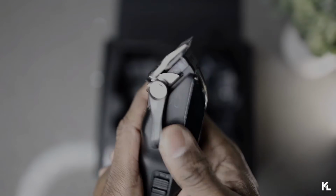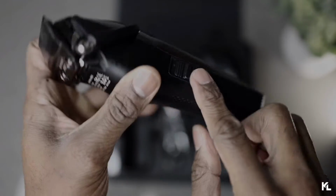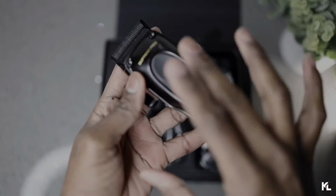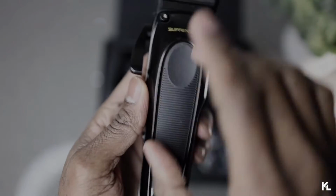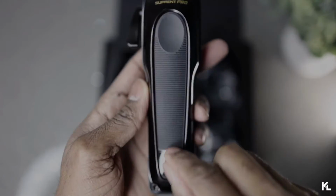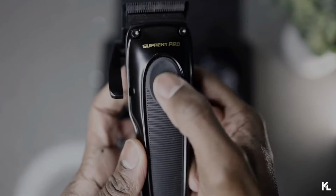Now the lever, it's not gonna open all the way up to a full one. It's only like a half. On and off button is gonna be located on the side of the clipper. The whole clipper is gonna come in this matte black look. On the very top here, you see the Suprent Pro written in gold. On the lid part is gonna be, I wanna say it's like a metal lid here. You're gonna have this rubber grip on the center of the lid there, which also has this indent here for